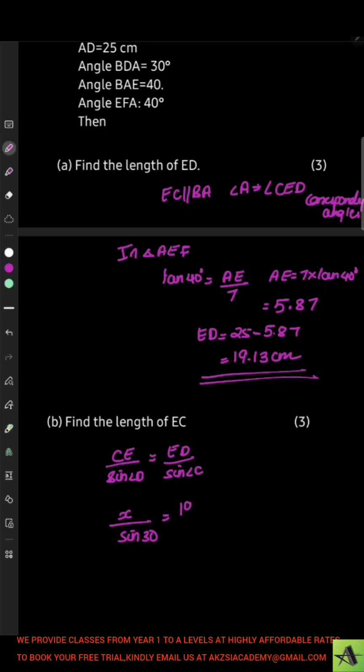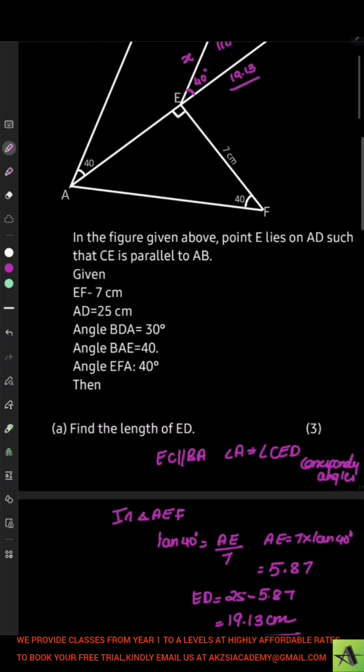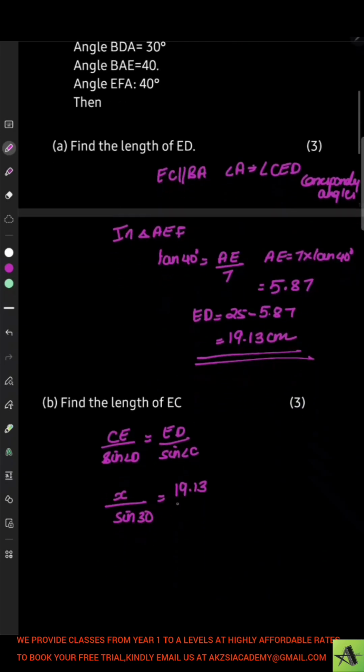ED we have calculated as 19.13, and that angle is 110, which is sine of 110. From here, X will be 19.13 times sine 30 over sine of 110, and that will give me 10.178 or 10.18